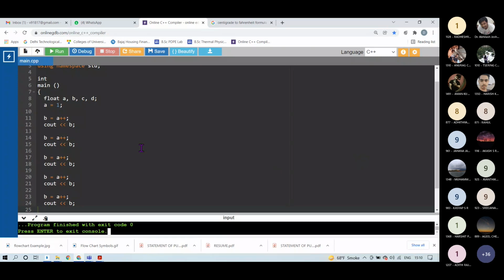Right? So if I have to do a similar thing with pre-increment, can you tell me what difference I have to make in my program? In the first part, you can see I have to make a slight variation in this program to create the first value of A. Can you tell me what will be the output in this particular case?